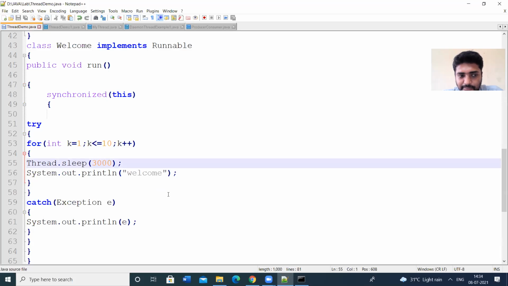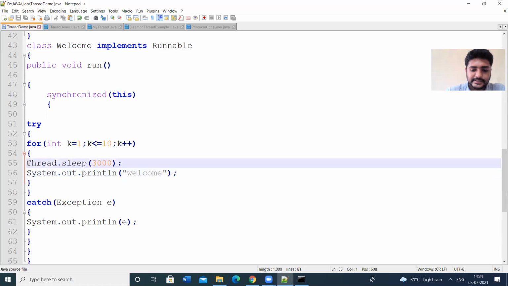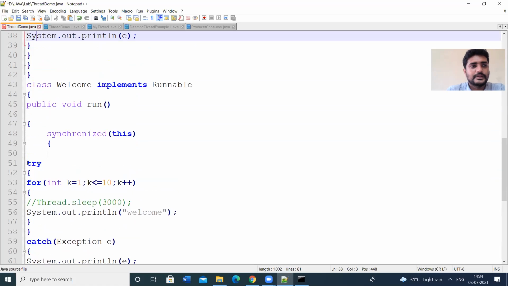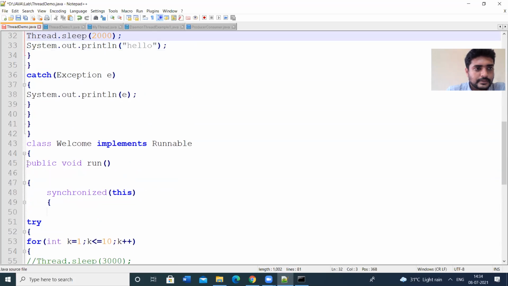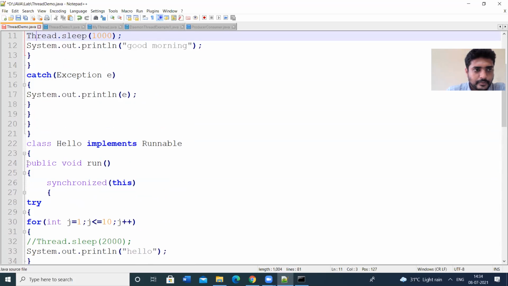If you remove that statement, the output will be displayed without delay. Let us save this one.